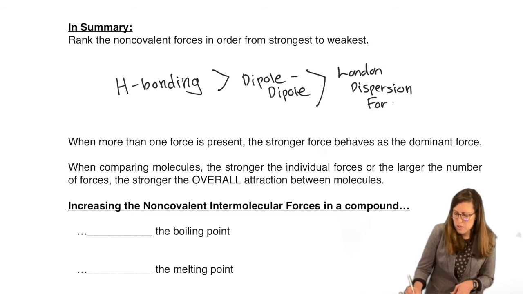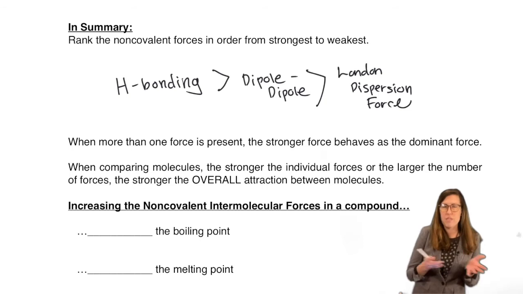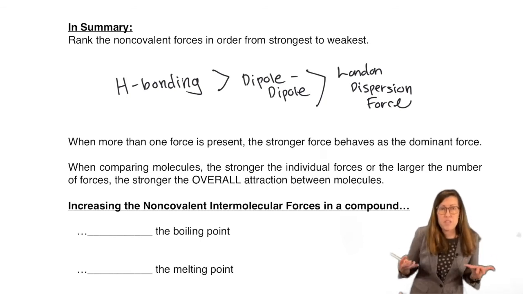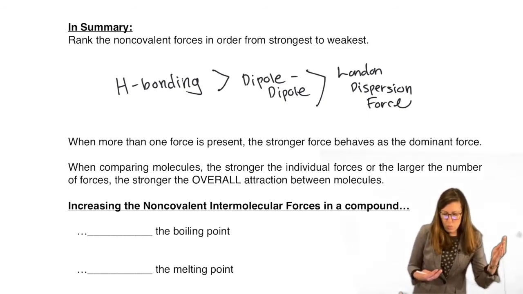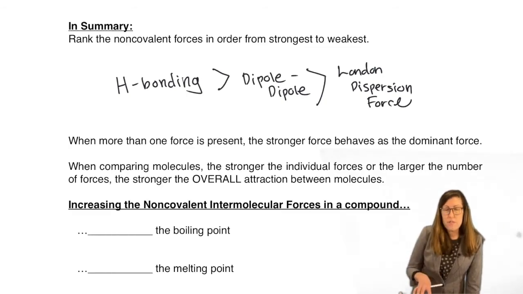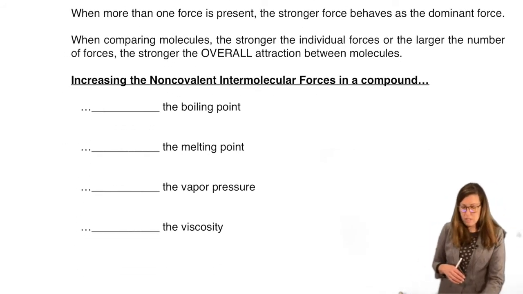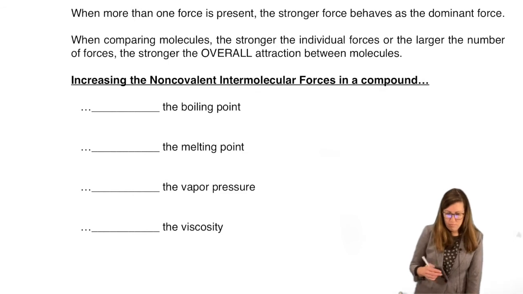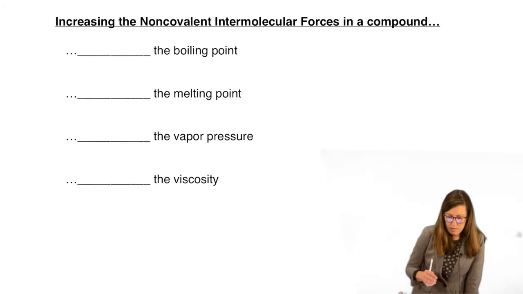Now, this is important for us to understand what we see in the lab. So we go in the lab and we see a difference in boiling point. That's a physical property that's different because of something at the structural level. Now, what about other physical properties? Boiling point's not the only thing affected by intermolecular forces. So I'll summarize some of the others you want to be aware of.